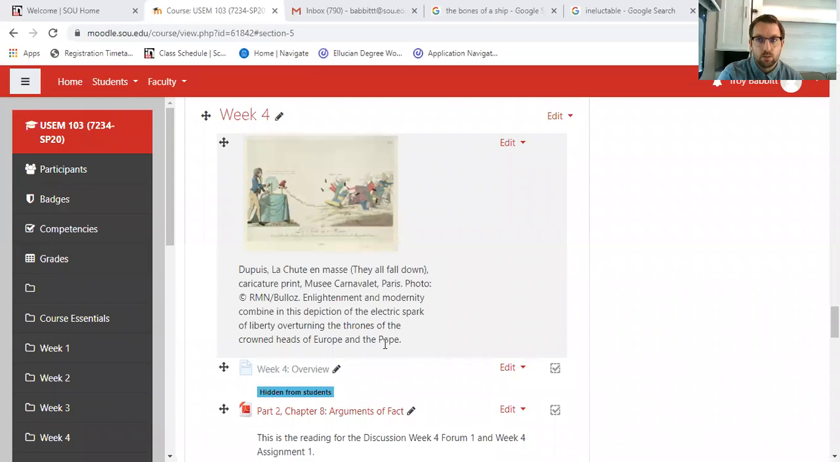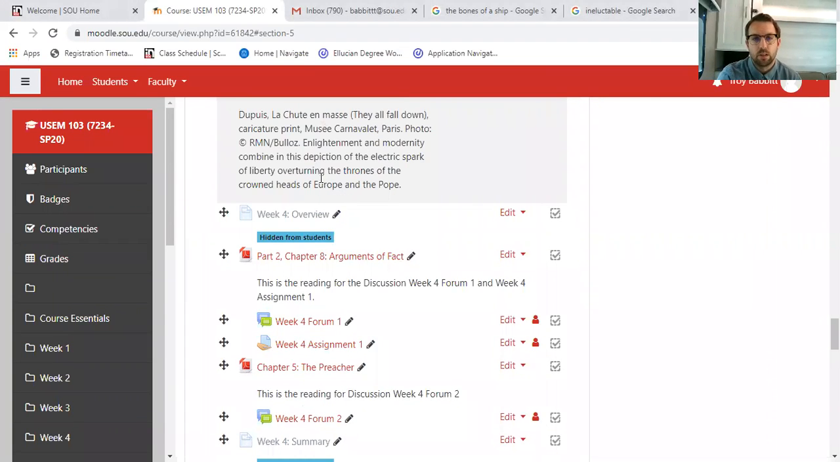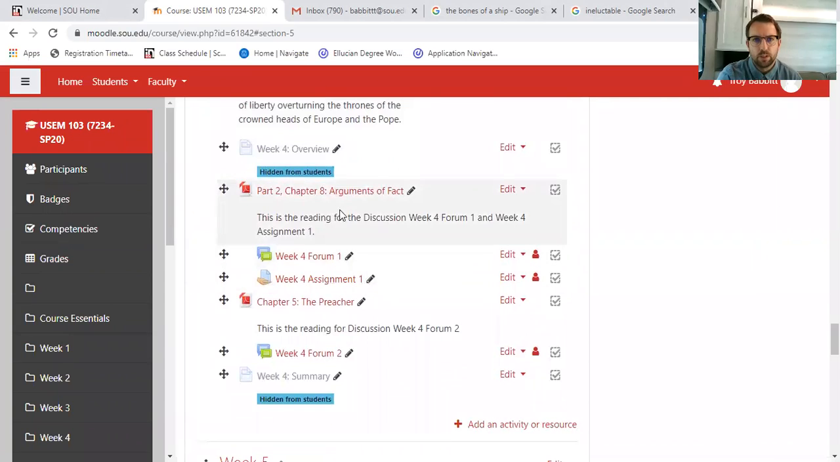So we'll look at Moodle and just get into the assignments. Let me share my screen here. I won't talk about the image here until the second part. You'll be reading chapter 8, arguments of fact. I think in the syllabus it talks about reading two sections of the chapter. What you really need to do is go through all of the sections of the chapter, and I want you to focus on